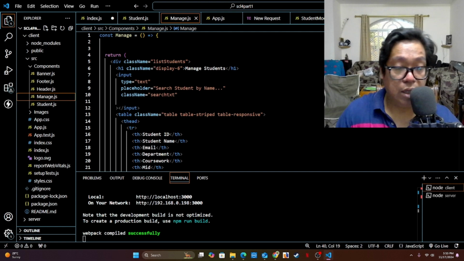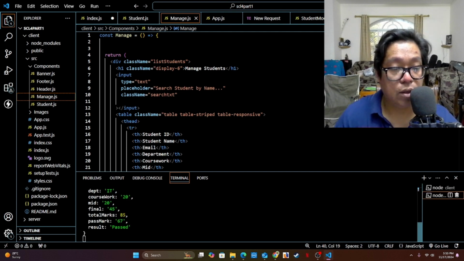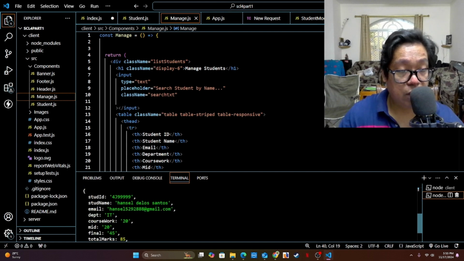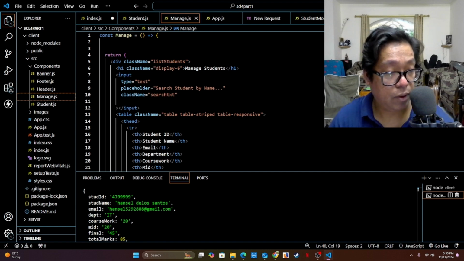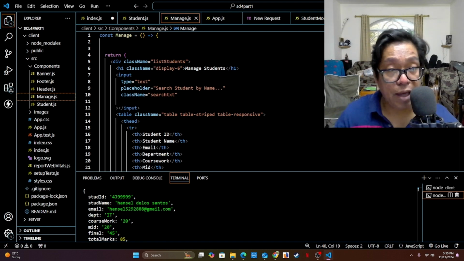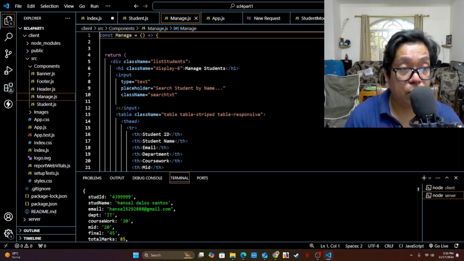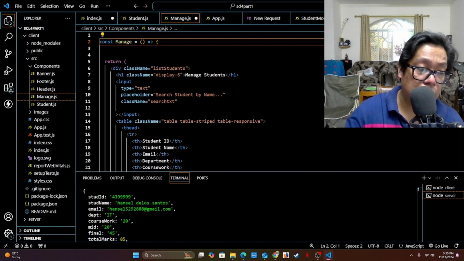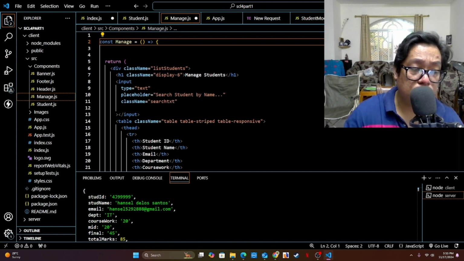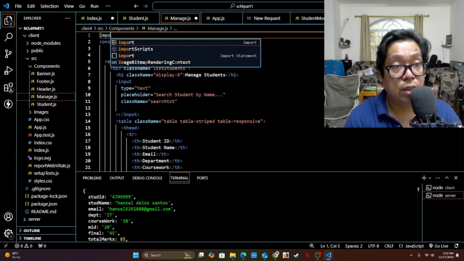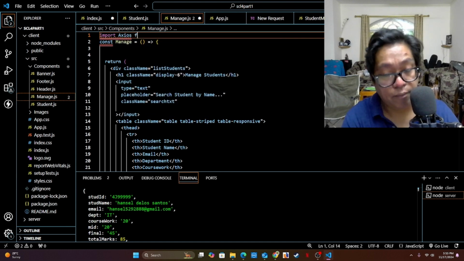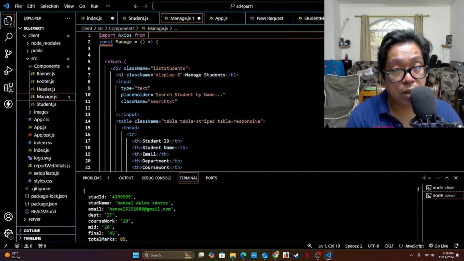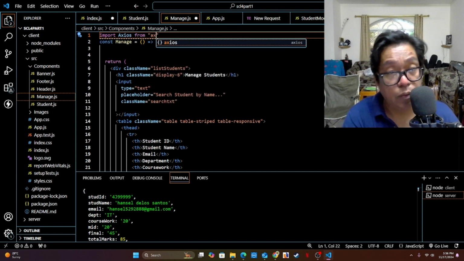But this time, since we have already done the axios installation from our back end, from our front end, we can go straight to our manage component, and this time we might be including the useState a bit later, but the most important is we're going to import axios here again, because we are going to apply this for our asynchronous data,